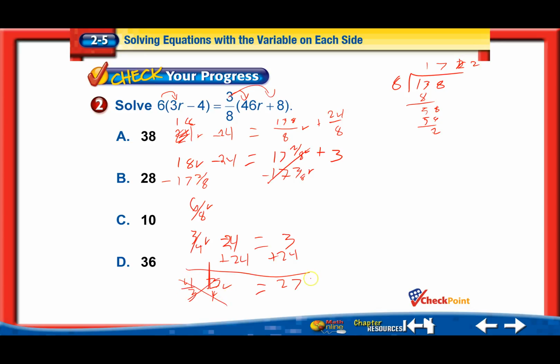These will cancel. 4 over 3. 27 times 4 comes out to 108 over 3. That divides out nicely to 36. So equals 36. So r equals 36. Little complicated, lots of steps there. Feel free to ask questions or rewind it to see if you can try it again, even though I messed